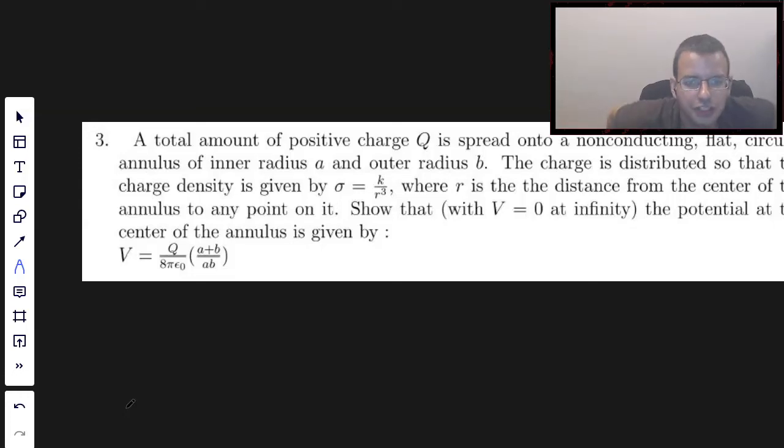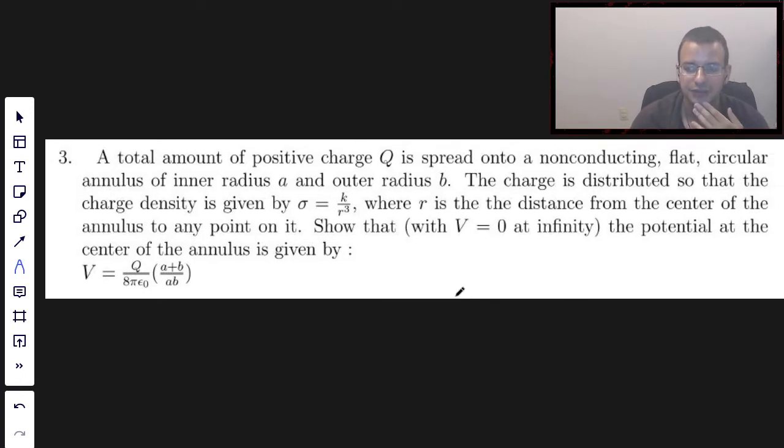A total amount of positive charge, big Q, is spread out onto a non-conducting flat circular annulus of inner radius A and outer radius B, so basically like a washer shape. Charge is distributed so that the charge density is given by sigma equals K over R cubed, where R is the distance from the center of the disk to any point on said disk. Show that with voltage equals 0 at infinity, the potential at the center of the annulus is given by this